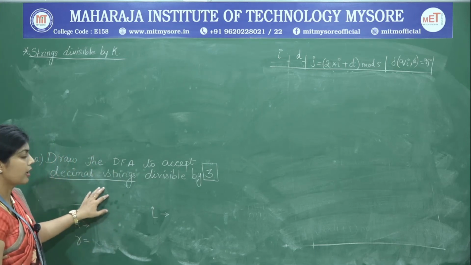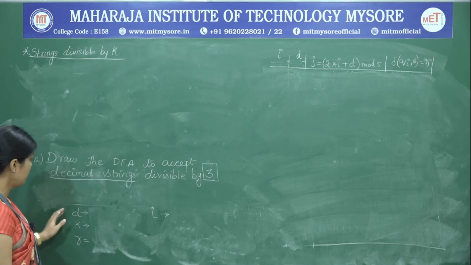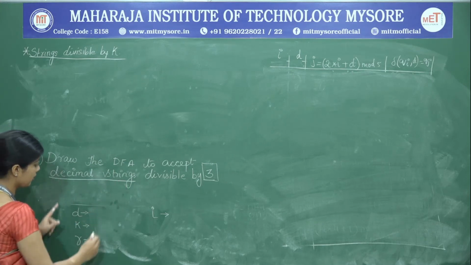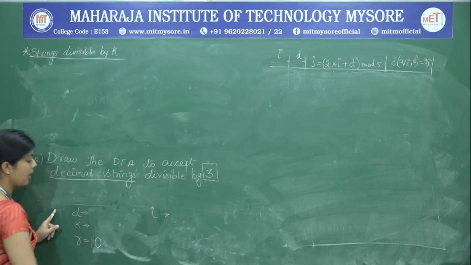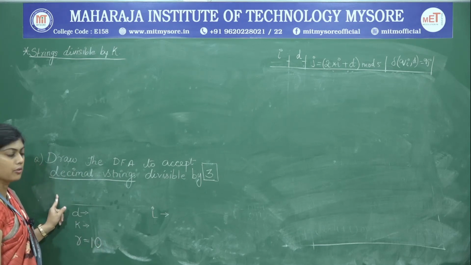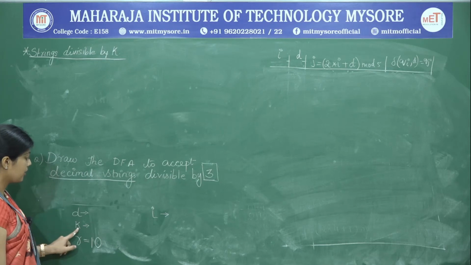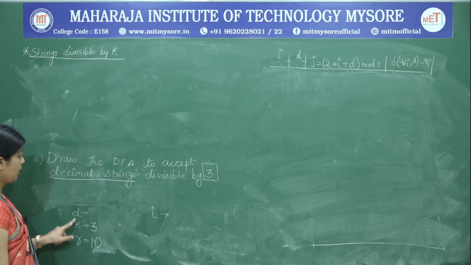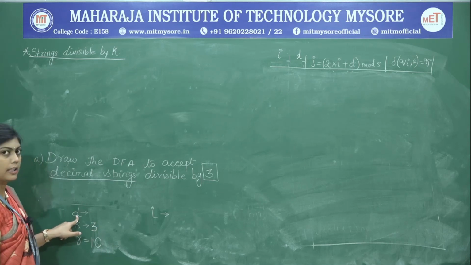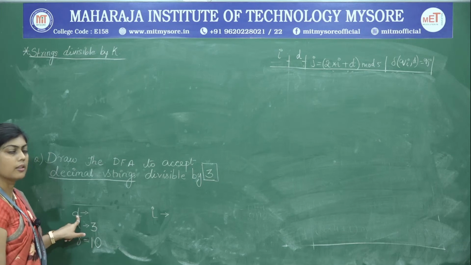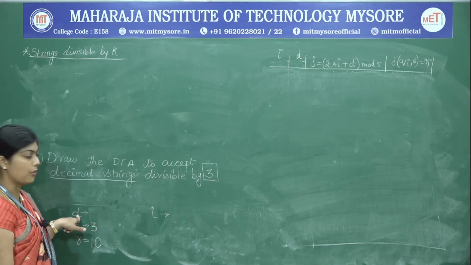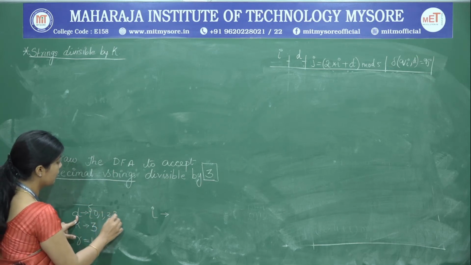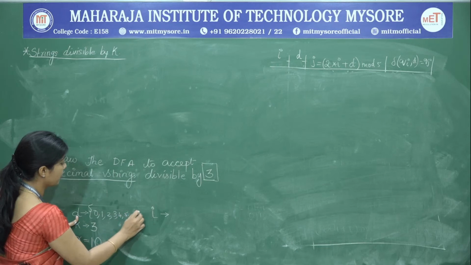We will formulate the several things that are necessary to solve the problem. First thing is to find out the radix. Decimal strings are base 10 numbers, so the value is going to be 10 for R. Next, we have to know the divisor. The divisor in this case is 3. Next, we have to determine D, that is the digits or the symbols the string is made up of. The digits are 0, 1, 2, 3, 4, 5 up to 9.